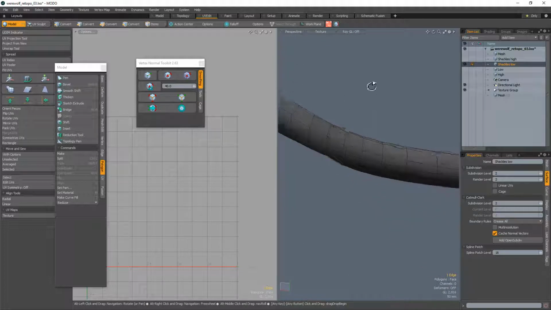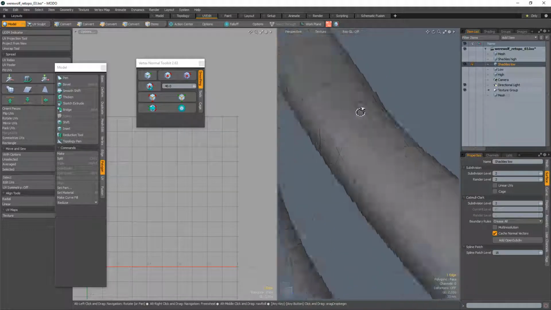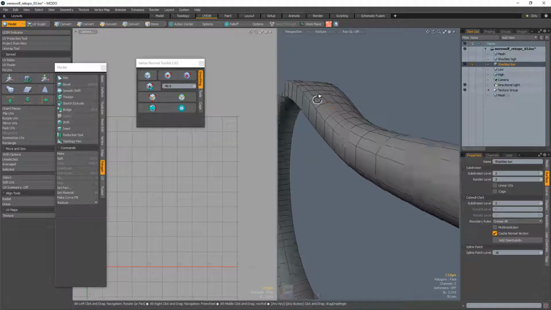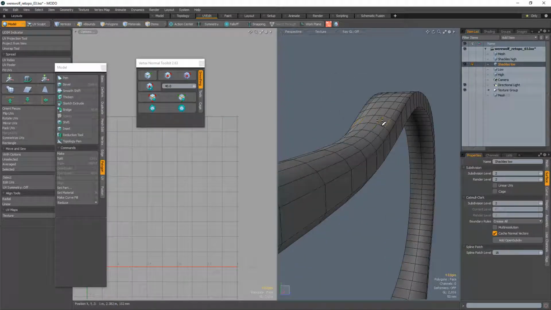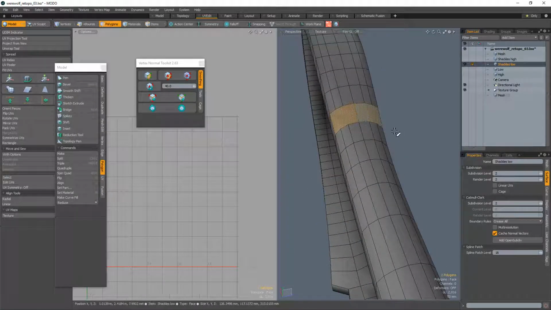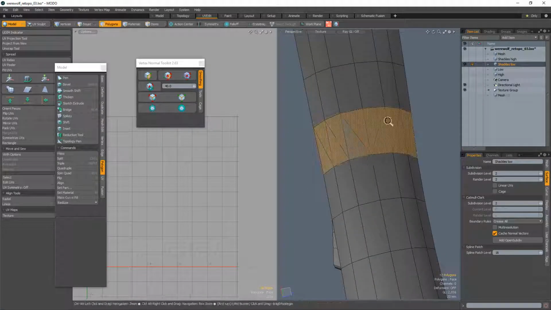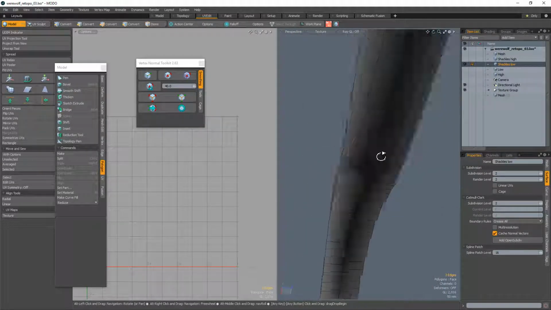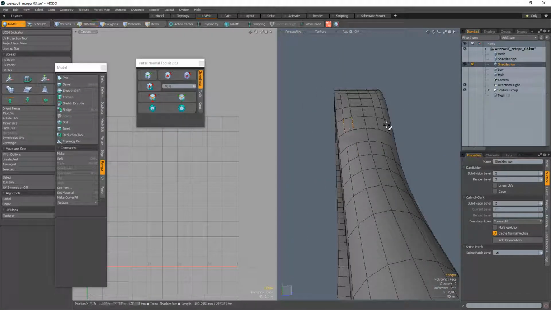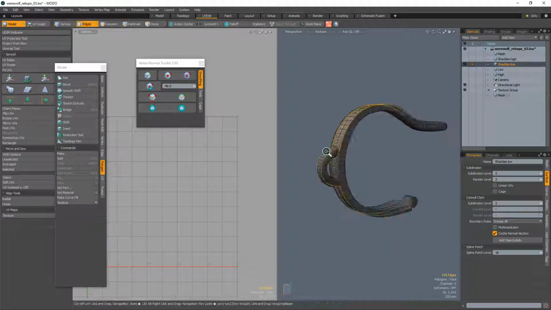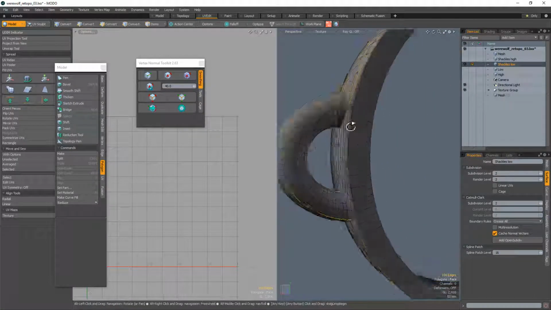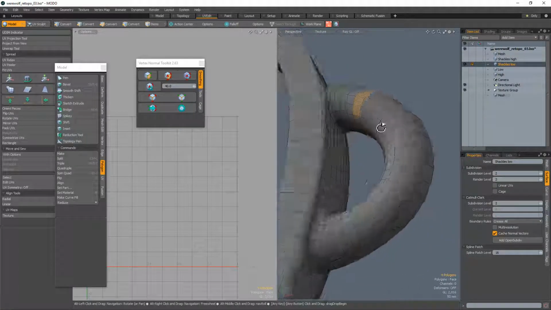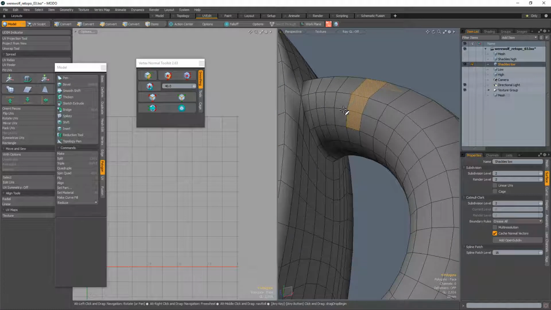Okay. So, by the same token, let's come up here, get rid of these, triangulate there as well. Oops. Let's get rid of the extra edges right in here, then triangulate. Now, I don't want to get rid of some of the edges for this because I do want to retain some volume, so